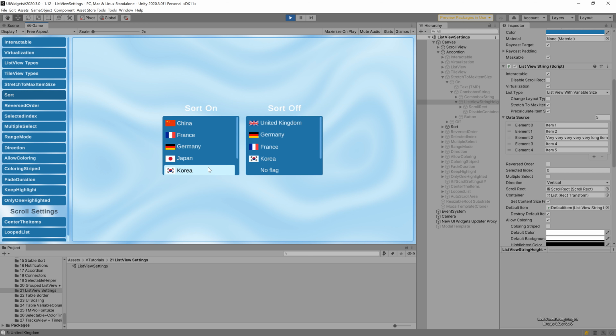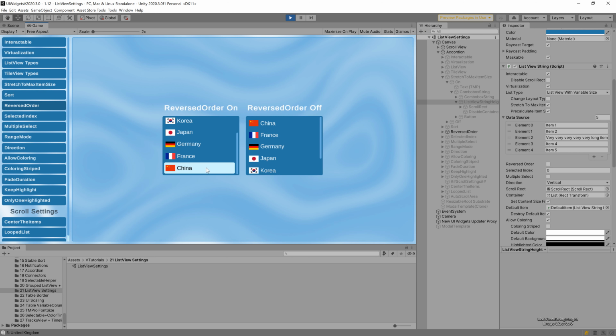The sort option is available only for the list view icons. If enabled, items will be sorted by name. This option sets the data source comparison property. You can set this property from the code. The data source contains an items list. This option is not available if the item type is an interface or does not have a serializable attribute.